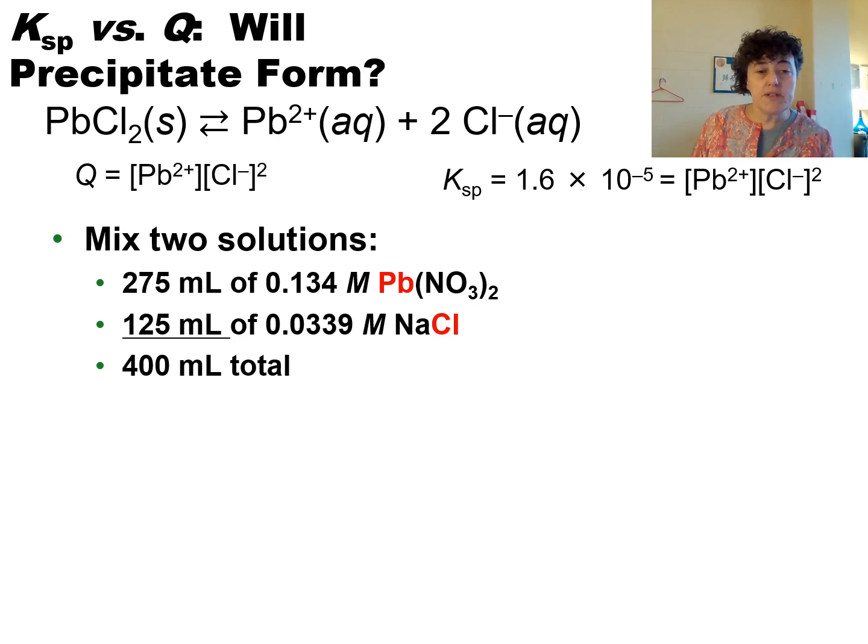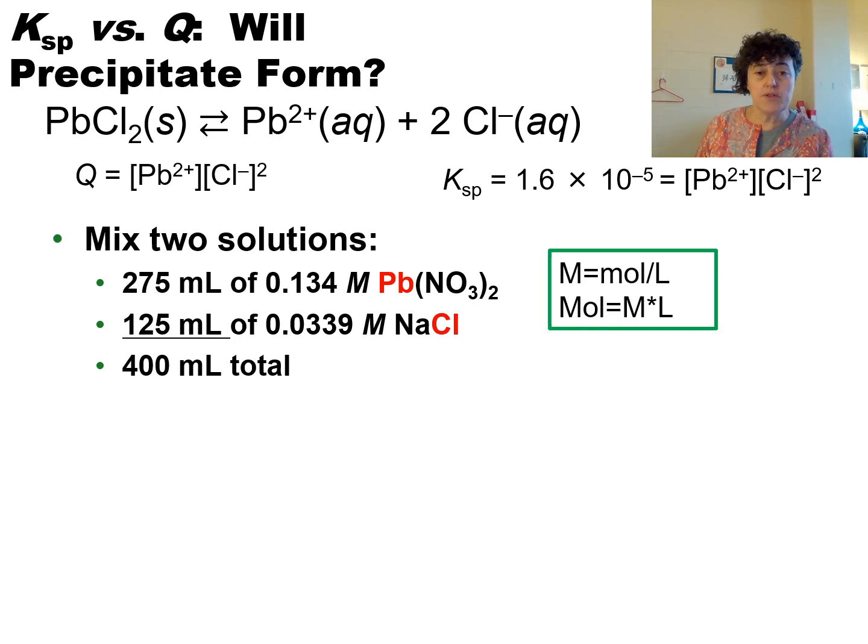So first of all, you need to realize that the total volume of the solution is going to be 400 milliliters after we mixed these two. We need to calculate the concentration of lead and chloride at the end of this mixing, so we have numbers to enter into this equation. So the first thing we need to do is transform this in liters, because according to the definition of molarity, molarity is the number of moles per liter. So if we multiply molarity and volume in liters, we get how many moles we have. And then to figure out the actual concentration after the dilution, we will need to divide by the final volume,